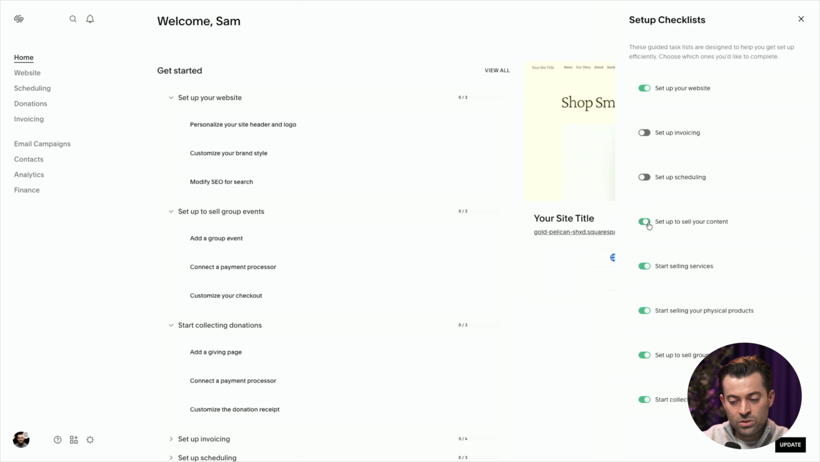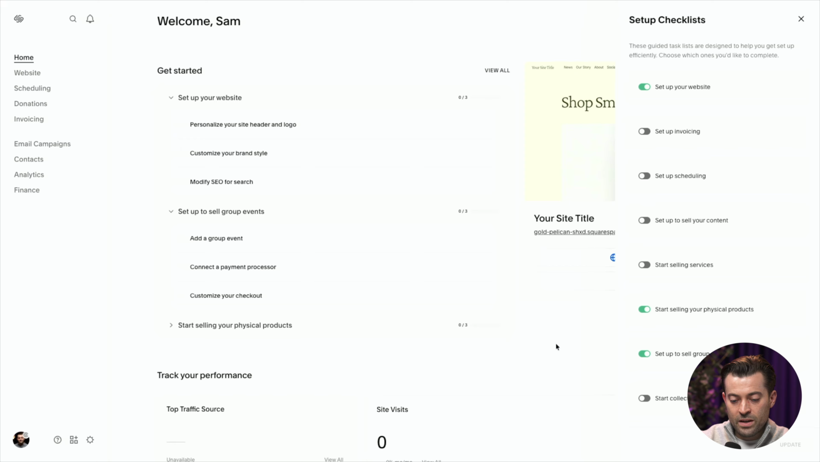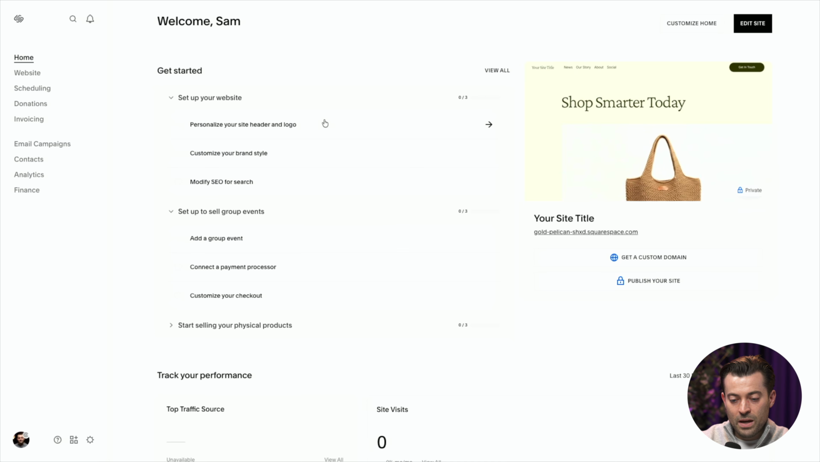If you don't have a course, you don't need to set up your content. Services, again, if you don't use Squarespace Billing, you don't need this. Physical products, if you have an e-com store, yes, you'll need this. Group events, again, that's more like ticketing. And then donations, if you don't collect donations, you don't need that either. So I'm going to update this and you can see we go back to quite a nice, non-overwhelming amount of